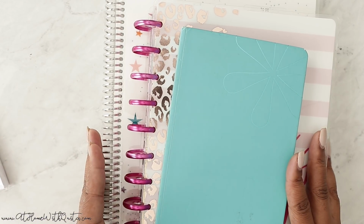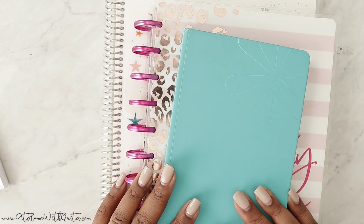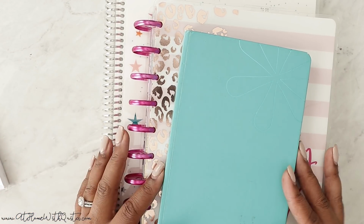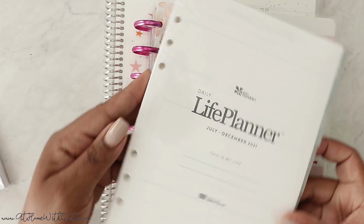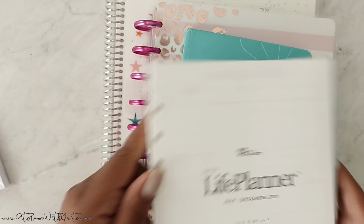So these are the typical options, the most popular options. Again, when it comes to hole punch, that's typically going to be offered in A5 size, and it'll just come with the inserts just like this, already punched and ready for you to insert in whatever cover of your choosing. So now that you've seen the most popular options, we are going to go ahead and set up our very own